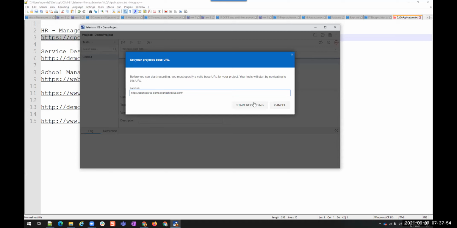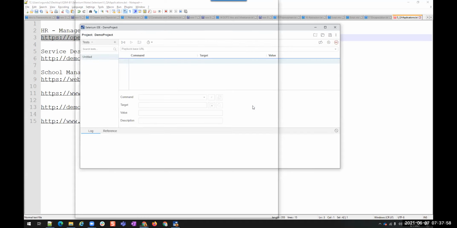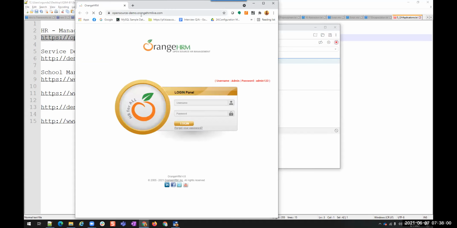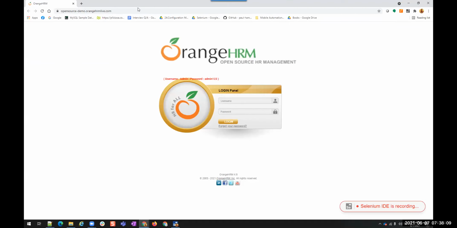Then you see this is a start recording button. Once I click on start recording, it will start recording. You see, automatically it opened the browser and it started. You can see here Selenium IDE is recording in the bottom. Maximize this. When I move my mouse there, it says it is hiding, but Selenium IDE is recording is displayed in the bottom.